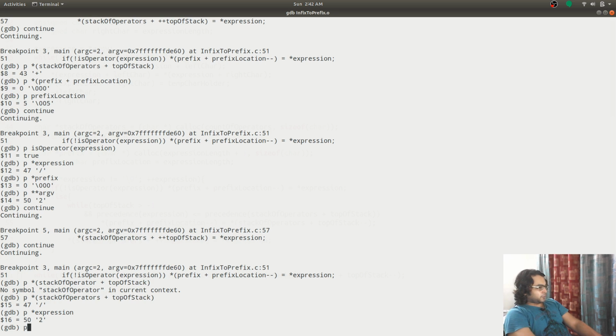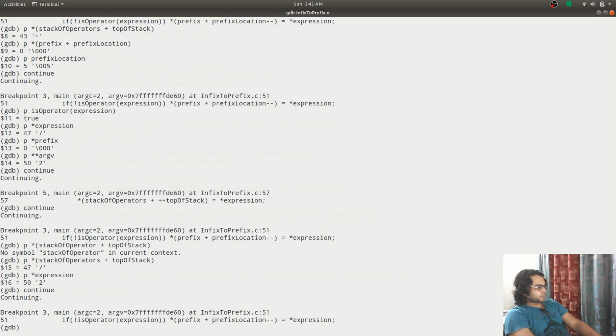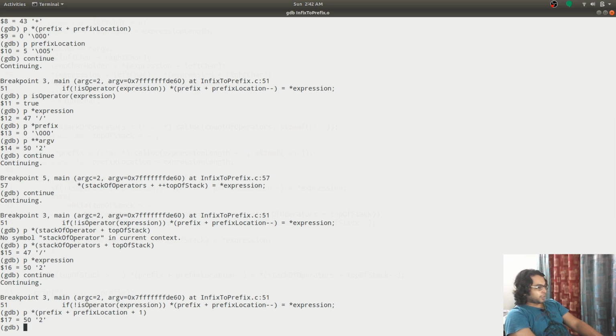And a stack of folders, p is equal to, I will say, continue, and prefix is equal to prefix location plus 1, because we are decrementing the value, so it has 2 value in it.